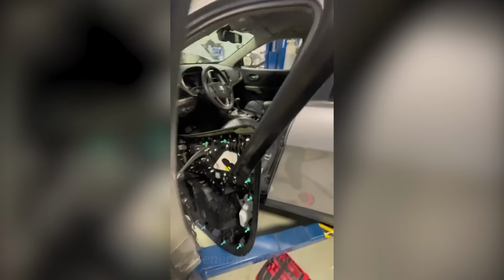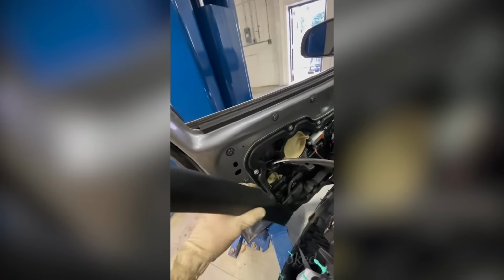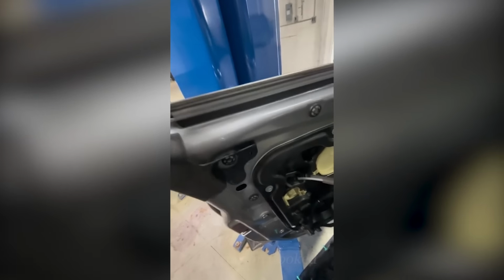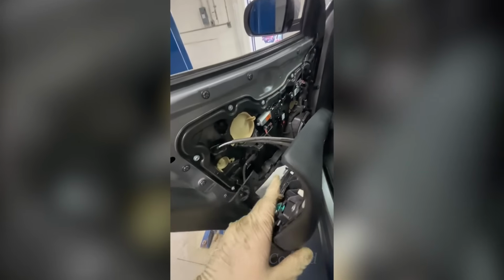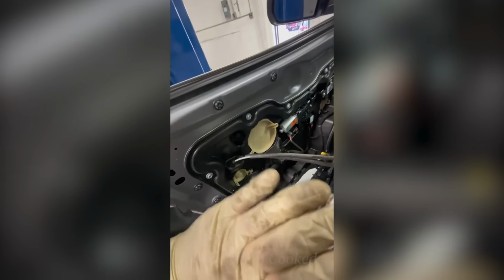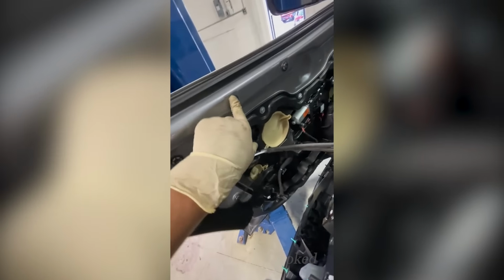It's held in with 3 little Allen screws in here. It just slides right in, okay? And the only way to get this seal off, first of all, is it slides out. But the only way to get it to slide out is to take this piece off, and the only way to literally rip this piece off is by undoing a little clip down here. And it's a Christmas tree clip, and it goes right in there. And the only way to get that Christmas tree clip out is to remove this door, which, by the way, you need to be stupid strong to rip it off, because instead of using regular clips, they use these little stud clips, and they are a...